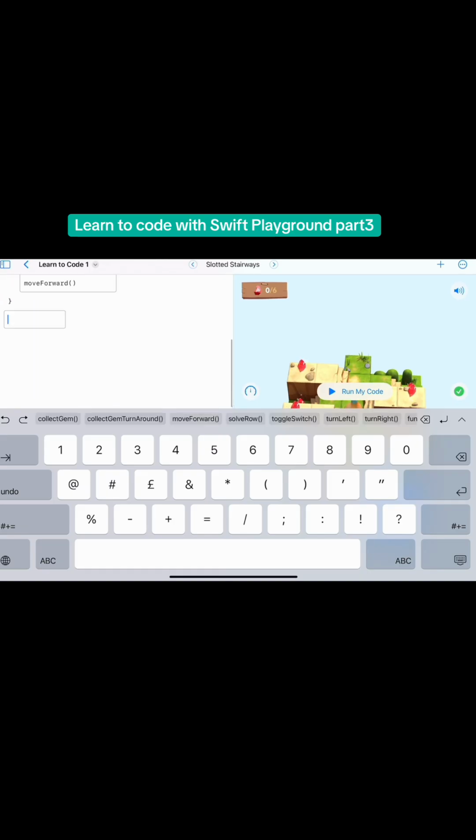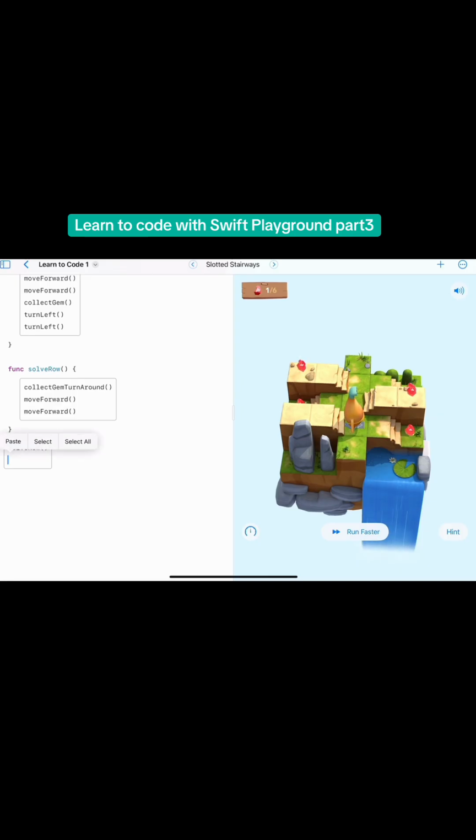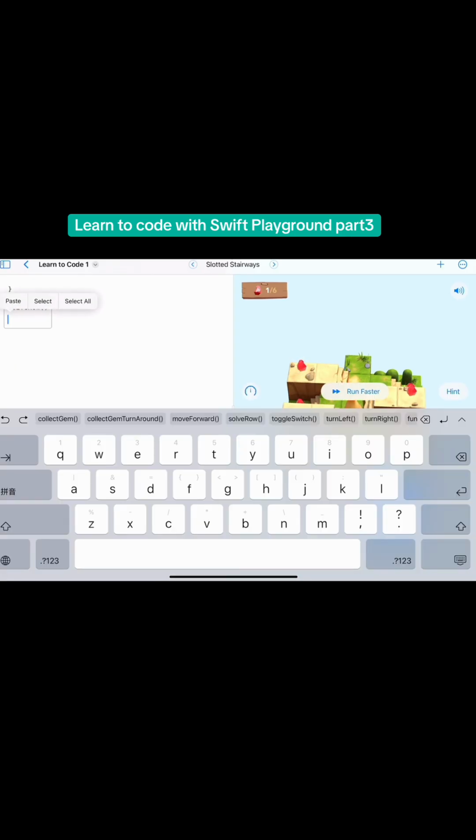Okay, now let's call the solve row. Let's see what this does. Call the solve row once. Then it brings the character back to the center. Very good. Now I need to call solve row again. Okay. After I call this solve row, it will also bring our character to the center, but at this time